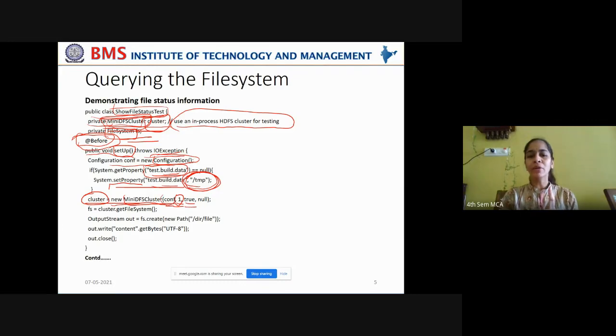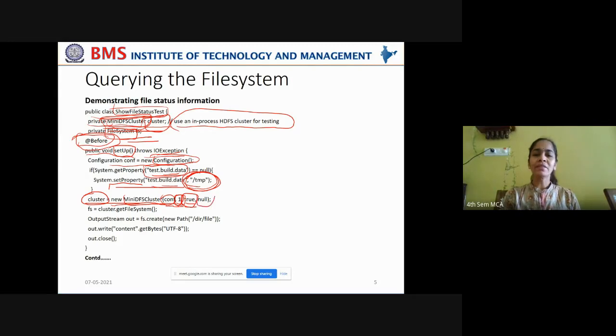For that data node, you are passing the configuration object, and this number specifies how many data nodes you are setting up on a cluster for this testing process, and then the true Boolean value. If it is enabled as true, this indicates that you are requesting formatting of data nodes and name nodes before setting up this cluster.